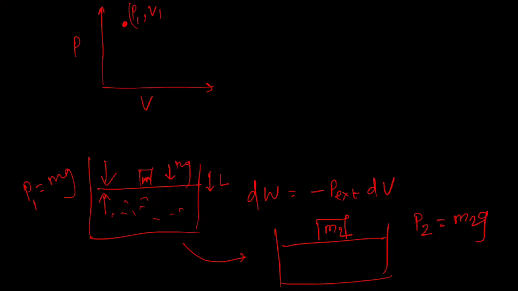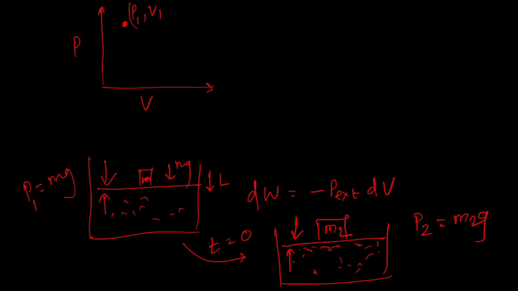What is going to happen? Let us say at t equal to 0, we just replace m by M2. Suddenly there is an imbalance between the internal pressure and external pressure. Internal pressure is still mg, but external pressure is now M2g. So, what will happen now? The system will start to go to an equilibrium. Initially, the gas molecules will try to adjust and there will be a lot of turmoil. This is typically the non-equilibrium situation, which thermodynamics does not care about.